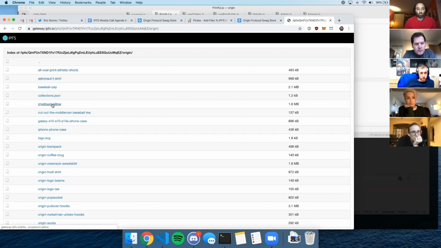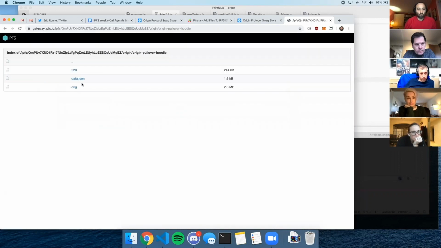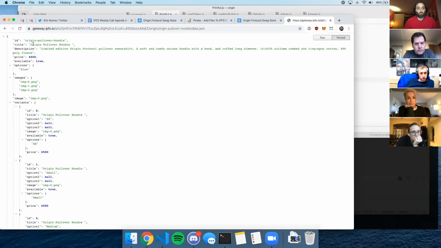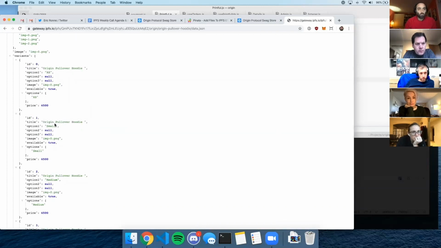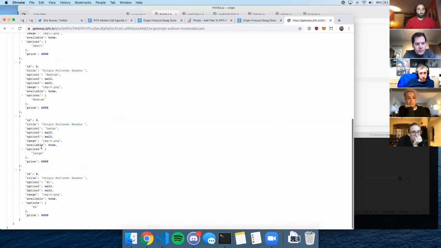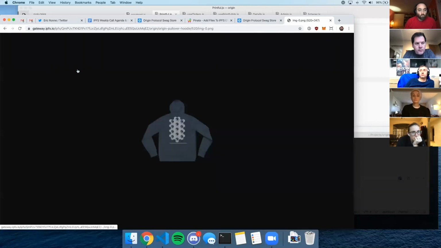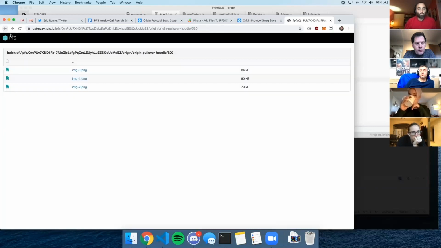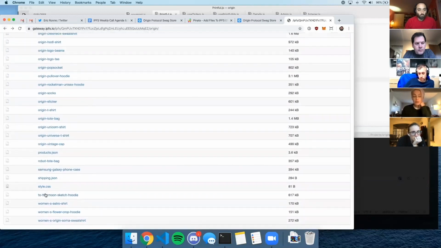Essentially all of the different products live in these different directories. So if I was to have a look in here, I can see that we have a data.json object, and that contains things like the title and description, price, all of the variants, if you want a small or a medium or a large, all of that stuff. So you have a data object, and then you have these directories that contain the images. So this is just the different colors and sizes and things for all the different products there. So you have a subdirectory for each product, and then you have this